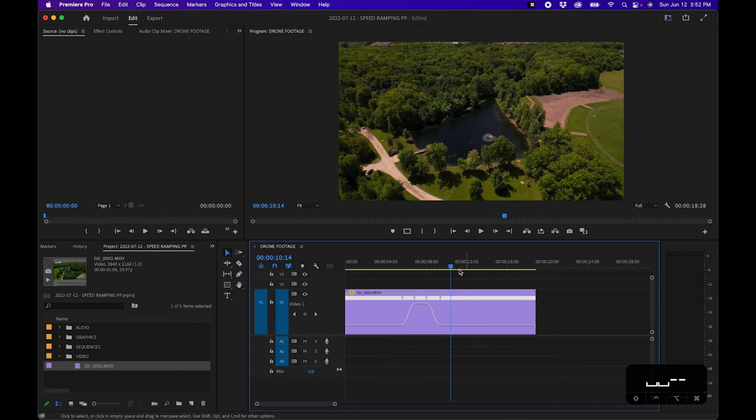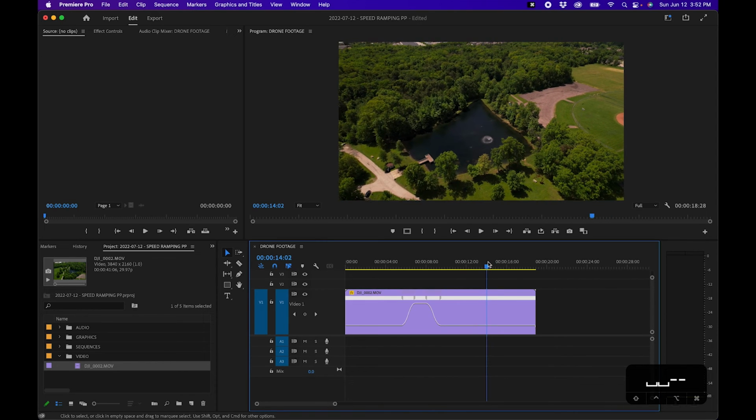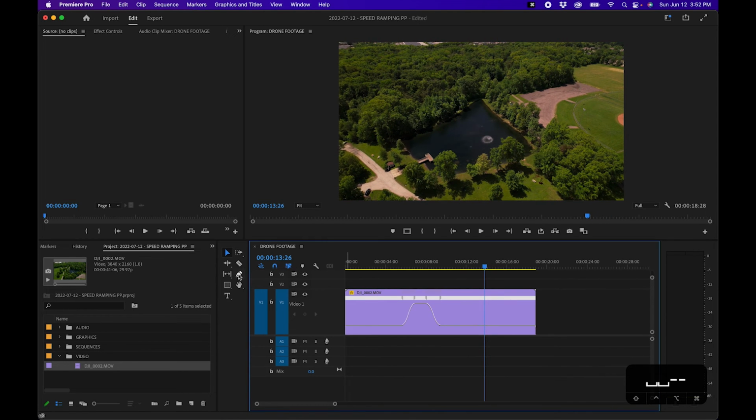Now, not only can you do this going forward in time, but you can also make keyframes for the speed ramping going backwards in time as well. So now I'm going to show you how to do that. So say if you wanted to kind of maybe go backwards, what you can do is add another keyframe. So go to your pen tool, click a keyframe, go back to your selection tool,